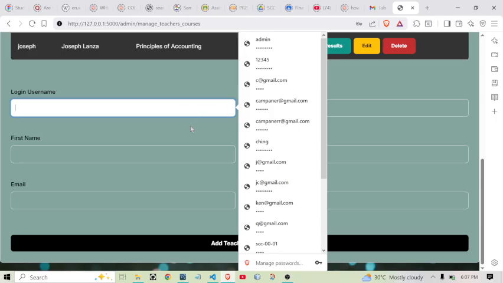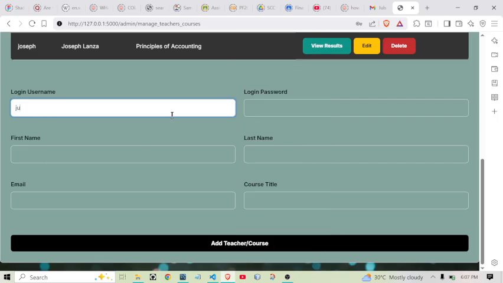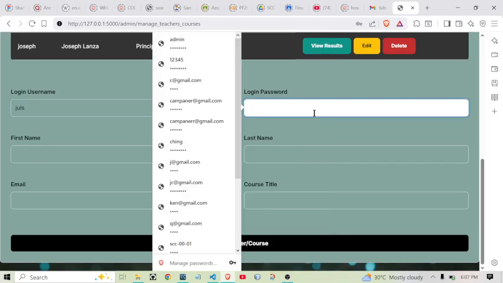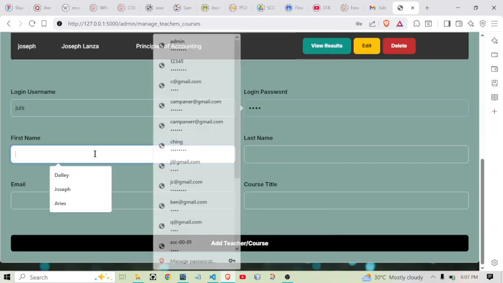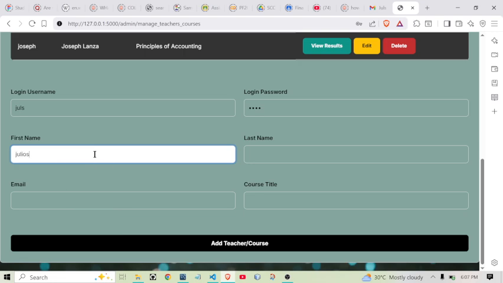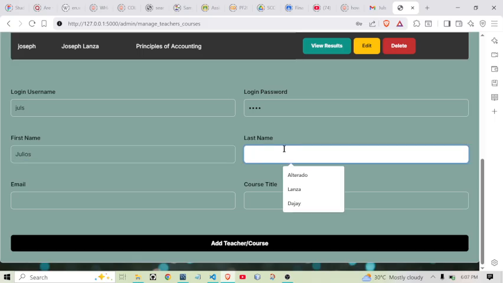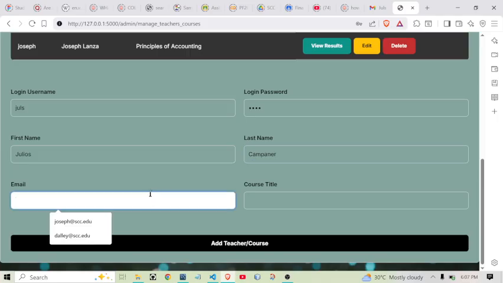Okay, let's try to add a teacher. Teacher Jules. First name Julius. This is not case sensitive, so we can use small letters or big letters. Email, Campaner.